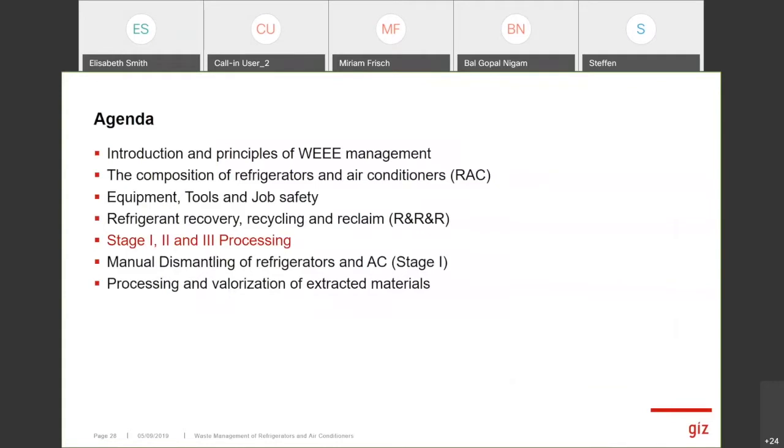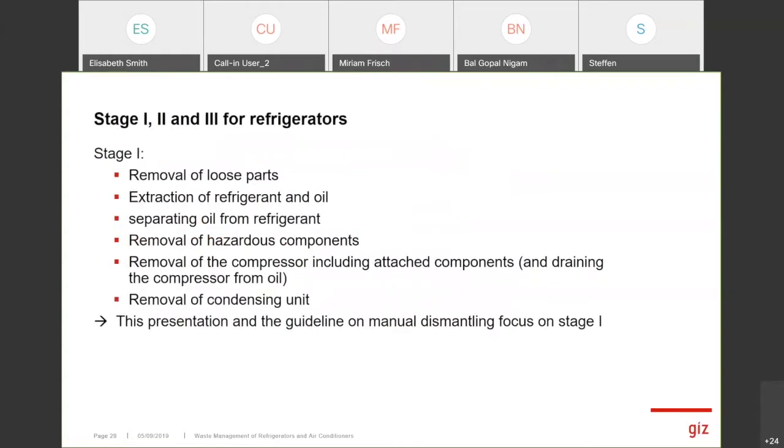So next is our agenda. We have now the description of stage 1, stage 2, and stage 3 processing for recovery for refrigeration and air conditioning equipment. The stage 1 is